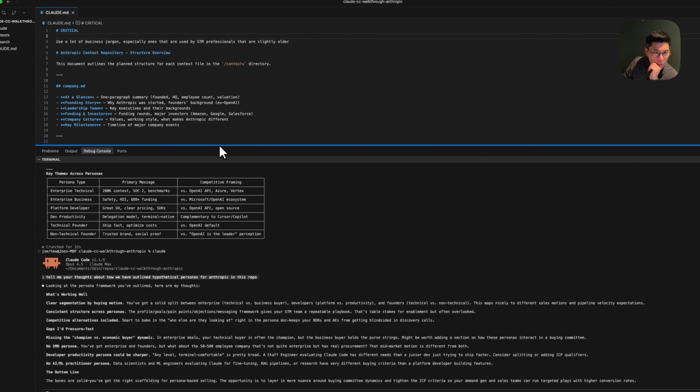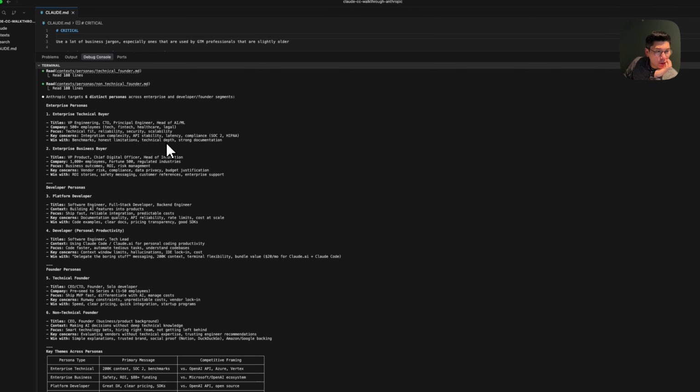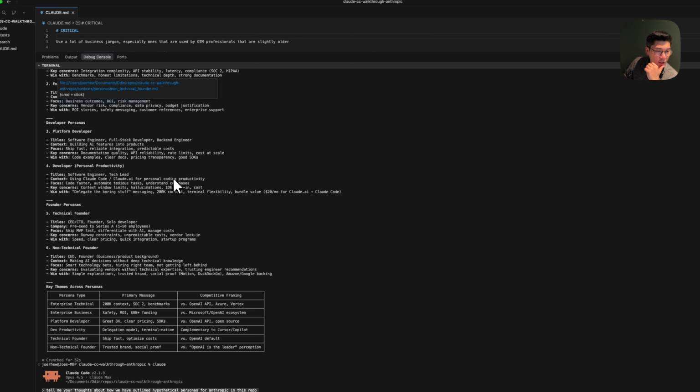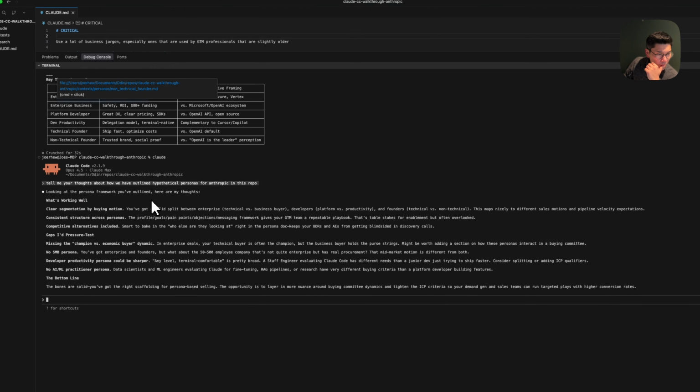Yeah, so here we go. Distinct personas, enterprise technical buyer. Oh, no, sorry. It starts here. So looking at the persona framework you've outlined, here are my thoughts. Clear segmentation by buying motion, consistent structure across personas, gaps at pressure test, missing the champion versus economic buyer dynamic. The bones are solid. You've got the right scaffolding, right? So you can start seeing some of this come through, and you can say something like,